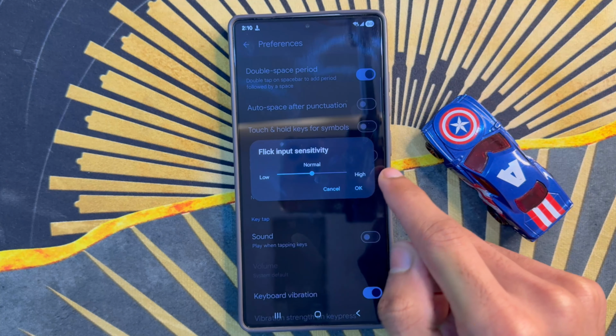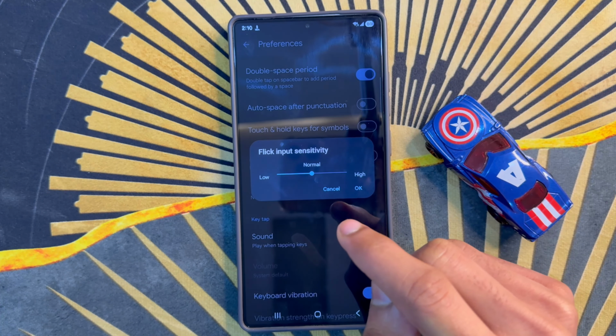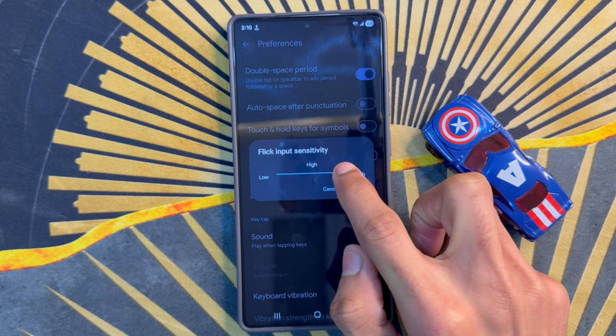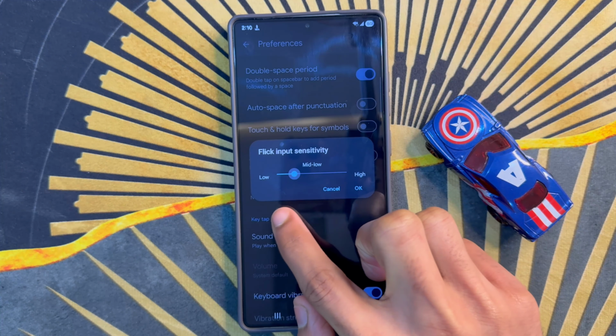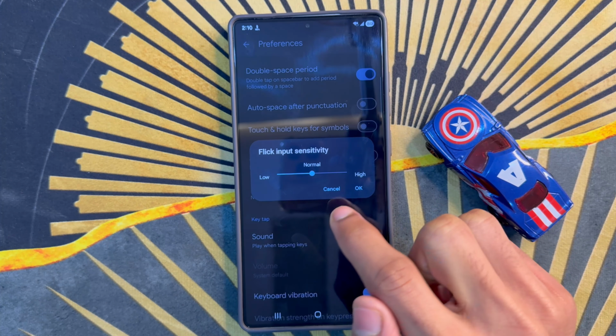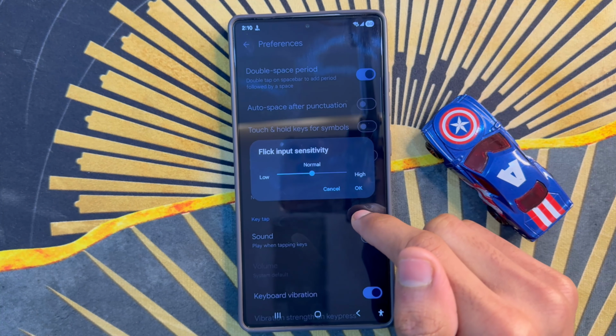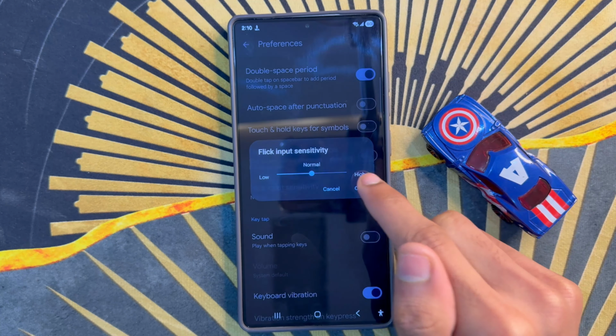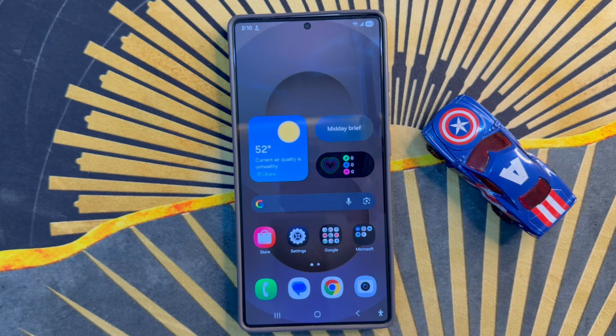After clicking on input sensitivity, if you want to change input sensitivity, you can change it to high, low, or medium from here. After changing, click on OK and go back to the home screen. So that's how you can change Google Keyboard and Gboard input sensitivity on